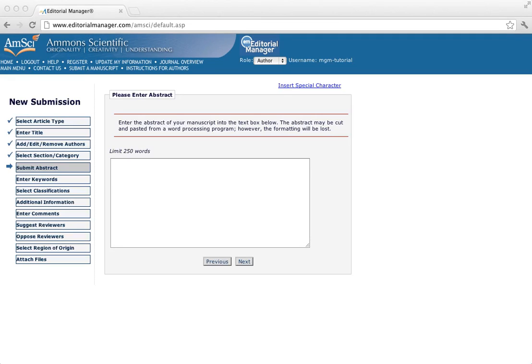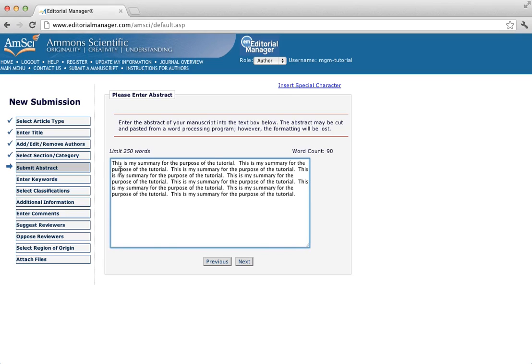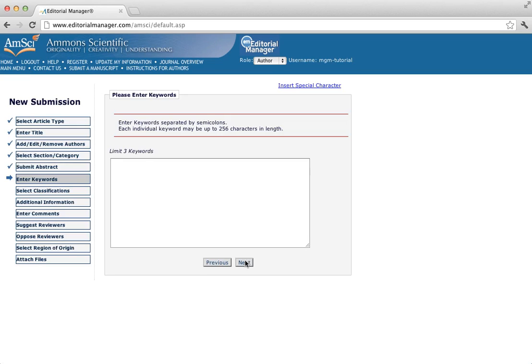Now you're going to enter your summary or your abstract. Limit is 250 words. When that's pasted in, click Next. Keywords. You do not have to enter any keywords at all, but if you would like to, you will submit them separated by semicolons. A keyword can have more than one word, like